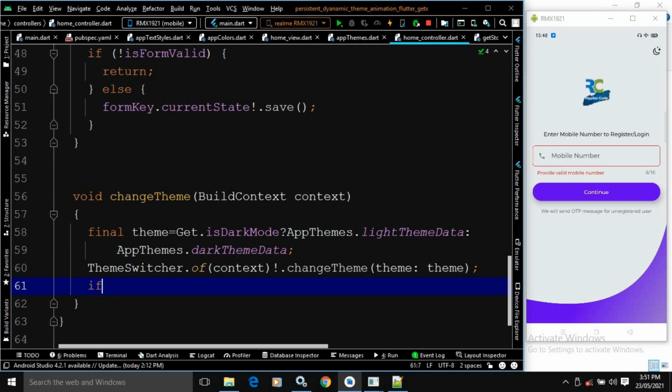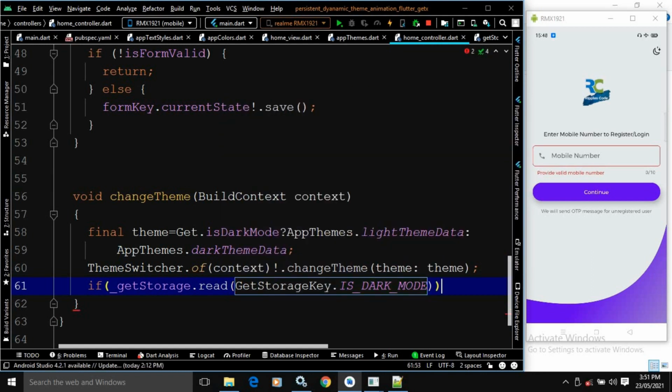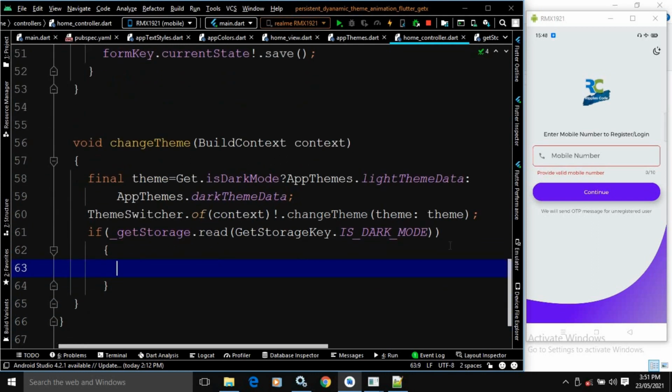So here I will write if GetStorage dot read, GetStorageKey dot isDarkMode, then I will write GetStorage dot write.